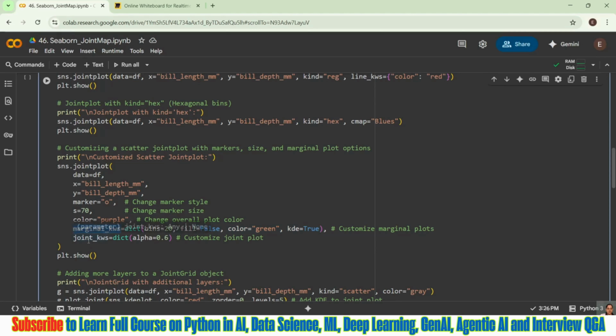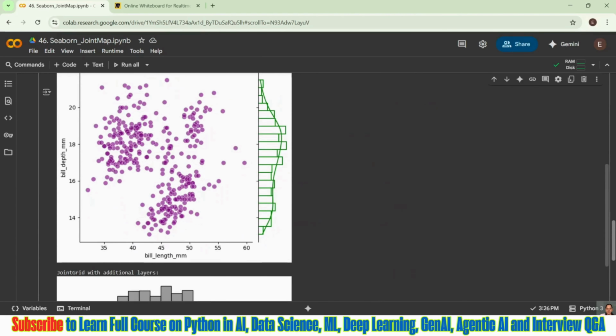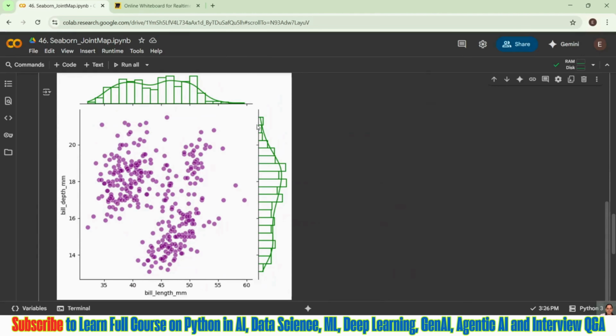Then joint_kws means we can customize our joint plot by giving alpha 0.6. That means my transparency level, right? Now if we come down, we will see we got our KDE on the marginal. That means it's coming over our histogram. That's our marginal one, right?